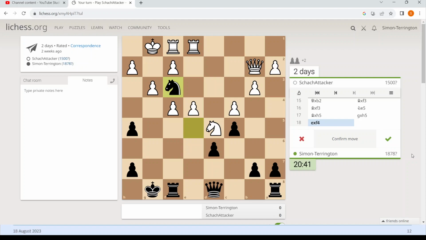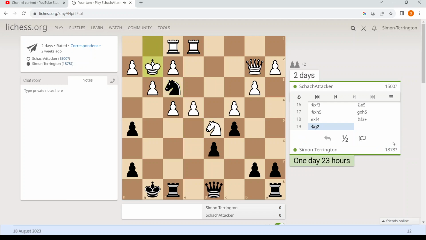So how many? 1, 2, 3, 4, 5. I've got 6. So on material, you could say it's equal. But my pawn structure is bad. I think that centralized knight's very strong. But I'm doing what I'm doing. Okay, I actually thought king h1 was better there. But, you know,